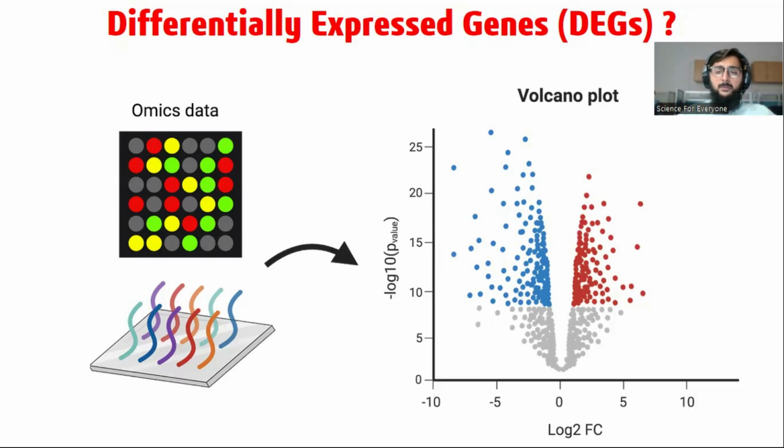And I think you are all aware of this volcano plot. From each analysis, we get a volcano plot at the end, and this volcano plot explains the differentially expressed genes. So what basically are differentially expressed genes? It is when we have the expression of a specific gene in a normal sample, and we also have the expression of a specific gene in the cancer sample. For example, if there is gene A and it is expressed in the normal sample, it is also expressed in the disease sample. Okay, then we statistically compare that expression between the two phenotypes,